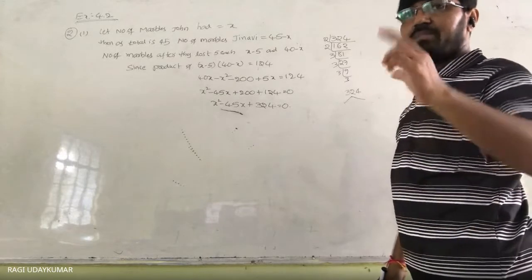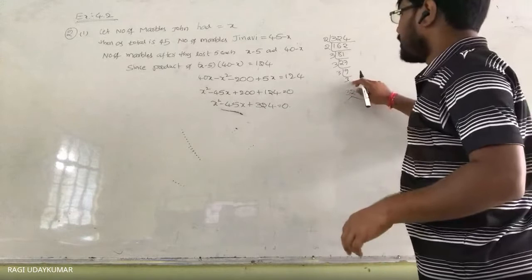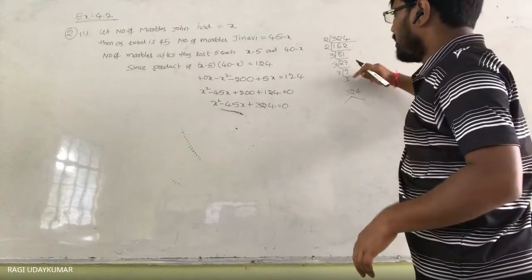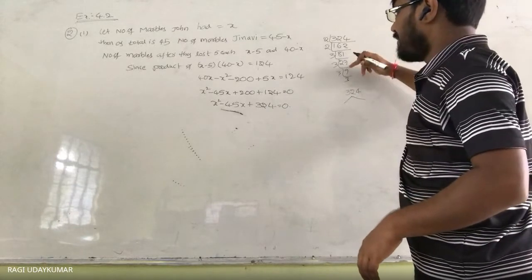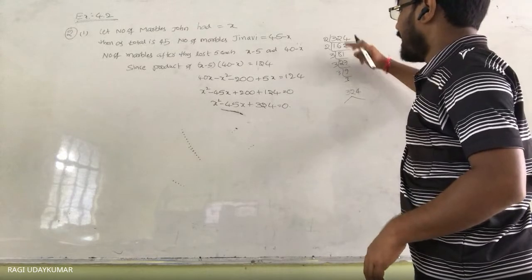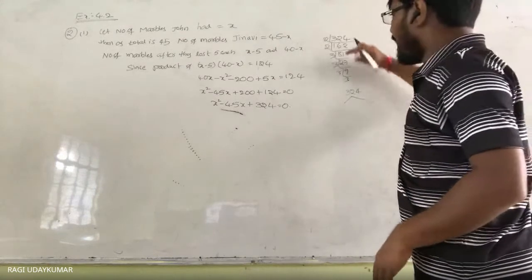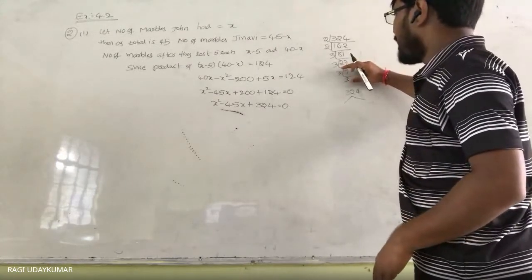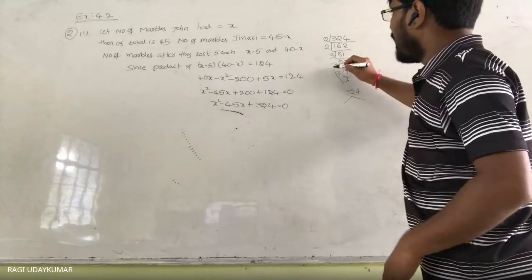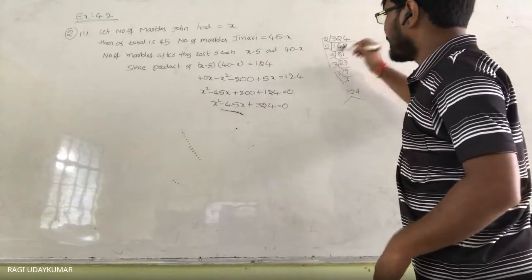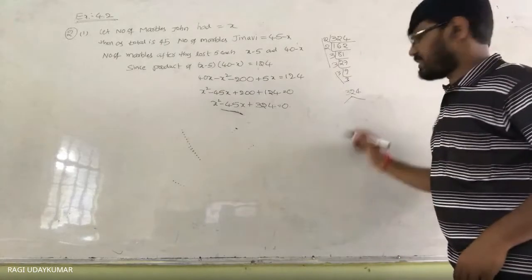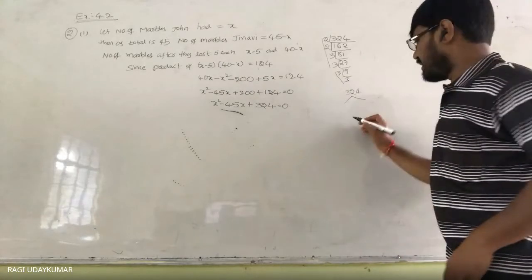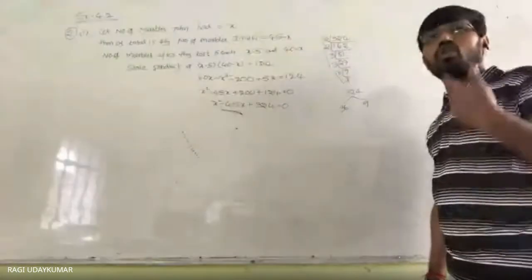So obviously a little bit bigger number we need to try. 3 not possible, 4 not possible, 5, 6, 7, 7 will not come, 8 will not come in this. 9 you can try. Is it possible? 9 and 36. Yes, 9 and 36. If you add these two, you are going to get 45. Like this, you should go on trying.